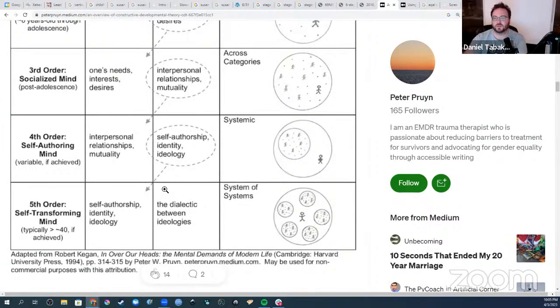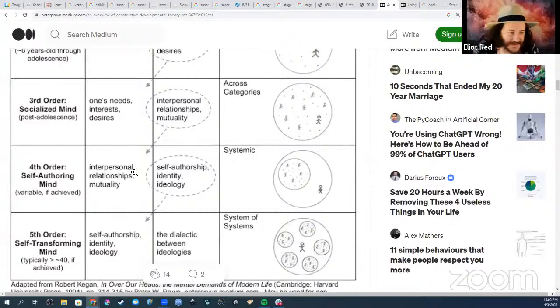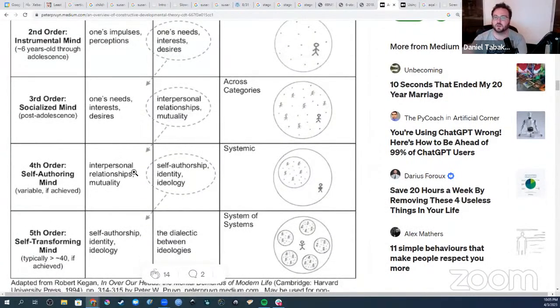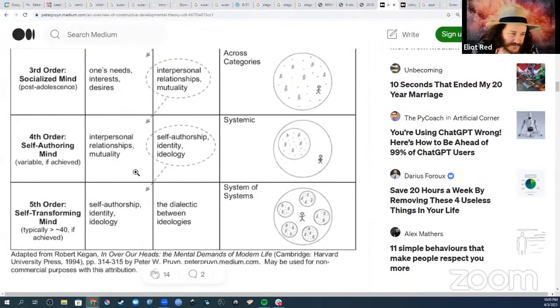Let me explain this. Let me go through this one first, and then we can see how Peterson attacks it. So this is the self-authorizing mind, which is what he's calling the next stage, the previous one being the socialized mind. That's where you're dealing with all the different people, socialization is the main thing, and how you act in society. And then the self-authoring mind is